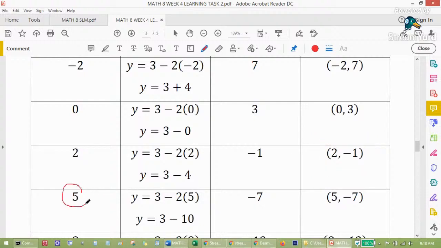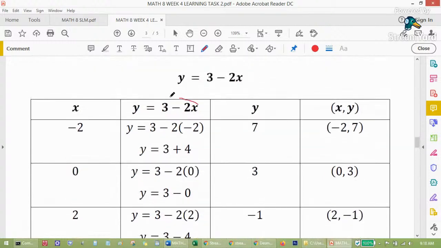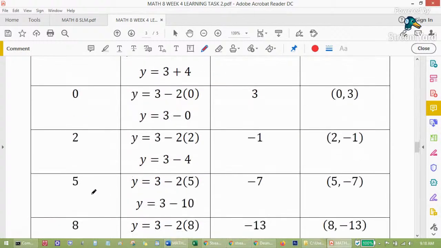Kapag ang x naman is positive 5, kapag sinubstitute natin tong 5 dito sa equation na to, pag pinalitan natin tong x ng 5, ang lumalabas, pag kinompute natin, ang y magiging negative 7. So, kapag ang x is 5, y is negative 7. Okay, so pag hinanap natin tong point na to,